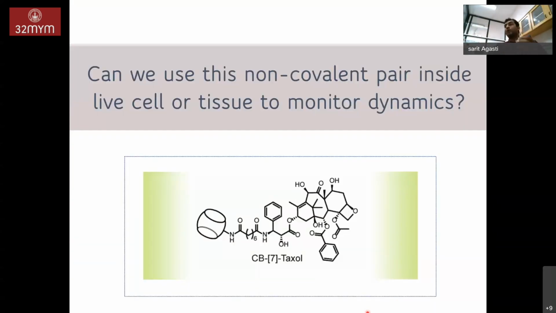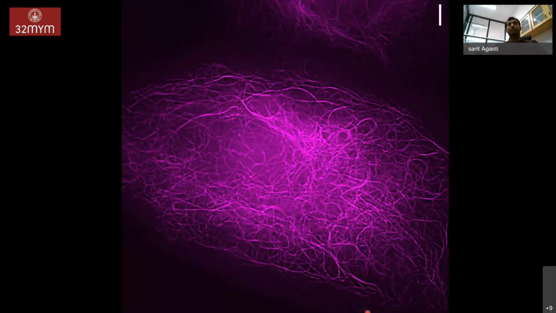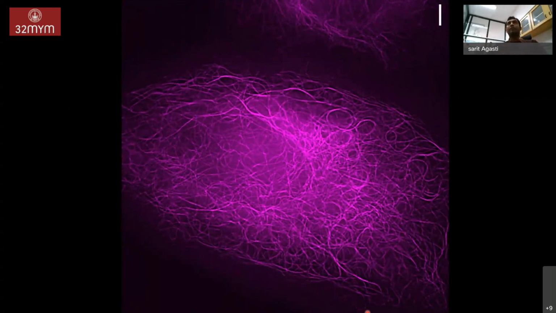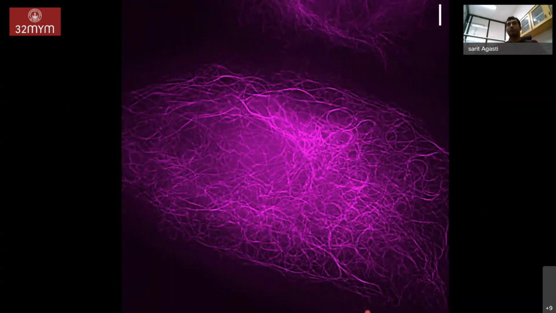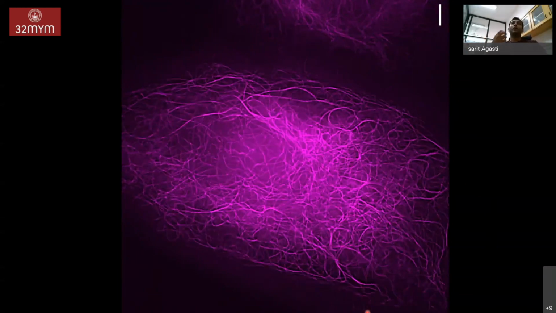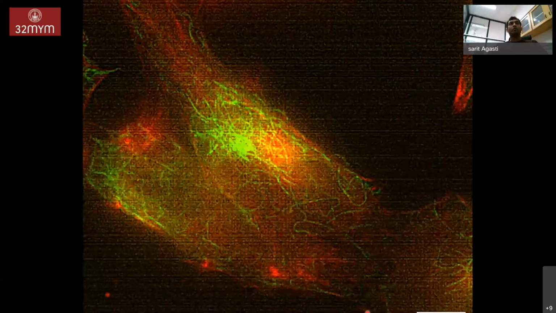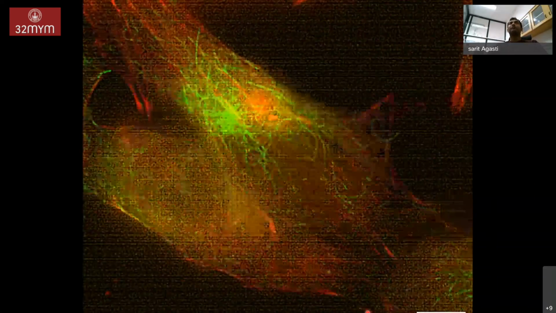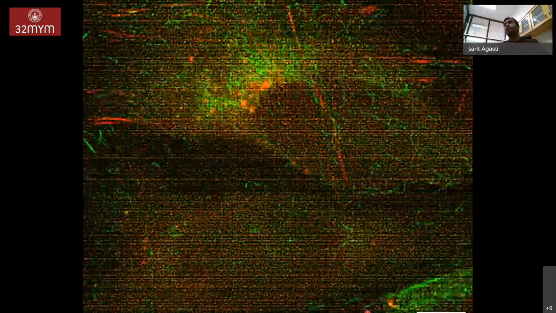Okay, so now we have also extended it even more, for example, to biological imaging in live cells, to know the dynamics of the molecules we just showed you, like for example, microtubules. And here is a video where you can really see and appreciate that there is an enormous amount of movement in these structural organizations of the microtubule, which is one of the most important components or cytoskeleton proteins present in the cell. And also you can see, if you do extended imaging, how these structures are organized, moved, and distributed over a period of 20 hours, right?